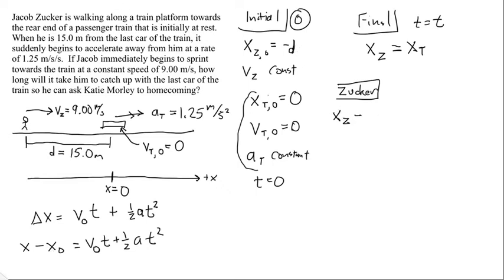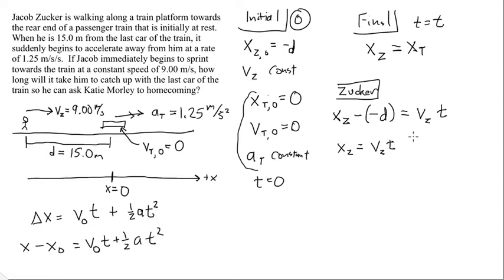So let me back up. Minus his initial x position, which is negative d, okay, because we have that up here, equals Zucker's initial velocity, which is just his constant velocity, times t. And then Zucker is not accelerating. Zucker has no acceleration because he's going at a constant velocity, right? So therefore, this last term is going to go away for Zucker. So this is just applying this equation to Zucker. You get x for Zucker equals v_z t,